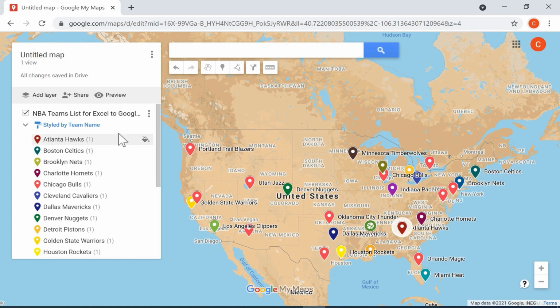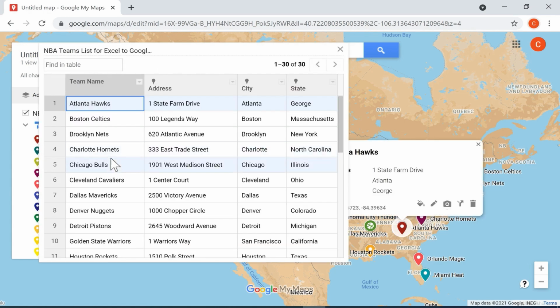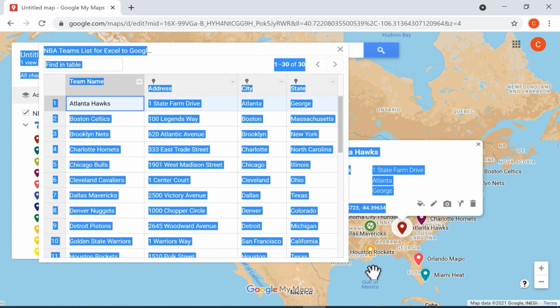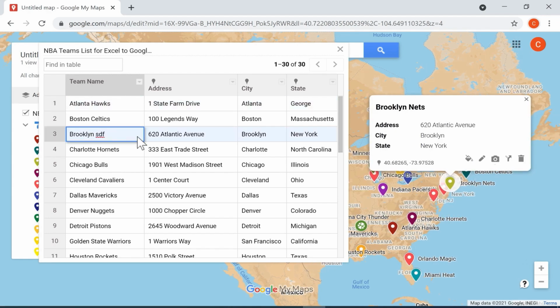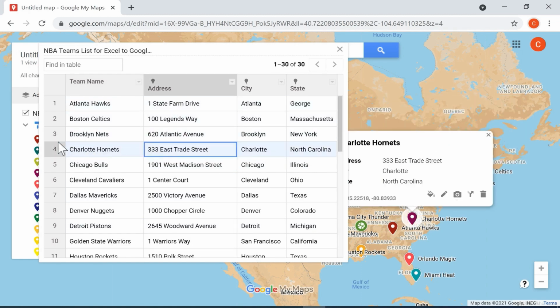If you want to get a little more advanced with your MyMap, notice that you can come here where it lists the spreadsheet that the data was pulled from, and you can click these three dots and go to Open Data Table. And that shows me the data that was imported from Microsoft Excel. And I can change this data. If I type over the data, it's going to change it in the map as well. If I need to, I can add another row to this spreadsheet.